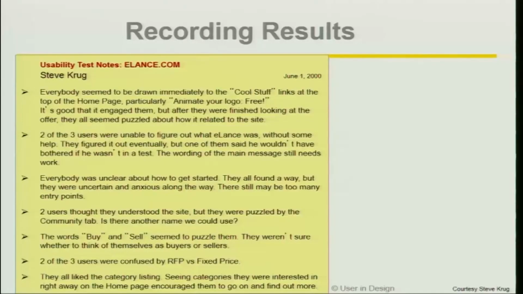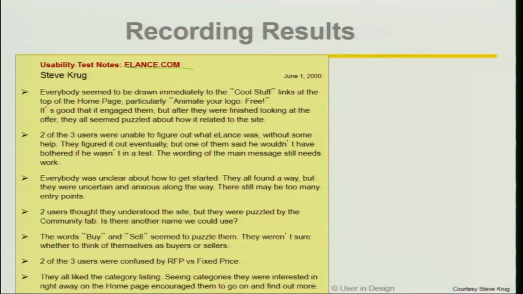What kind of debriefing should you do? And that's where this is very nicely done. Let's just read through it, right? So this was a product called elance.com. So this was a design called elance.com, and let's read what they have to say, right? Everybody seemed to be drawn immediately to the cool stuff links at the top of the home page, particularly animate your logo free. Okay, so you can quickly discuss and then make a